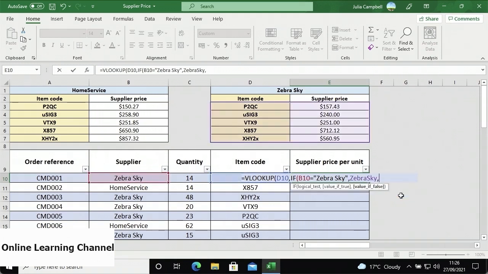Insert another comma to move on to the next argument. Naturally, then the value if false will be the home service table, so begin typing in home service, and again because this table was previously named, it now appears in a pop-up list, so I'll select that. Close off this parenthesis and insert a comma to return to the original formula, where I now need to specify